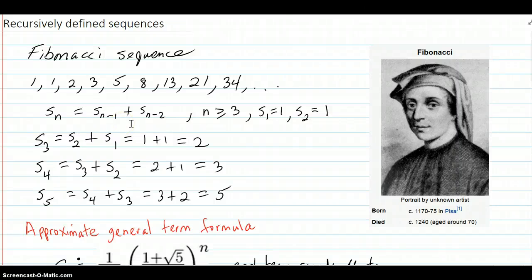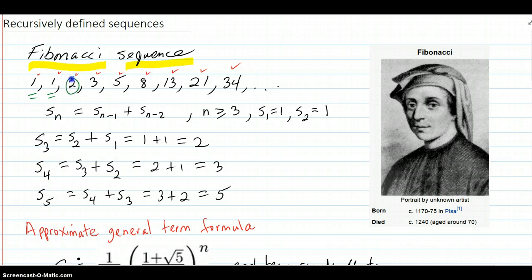Let's study recursively defined sequences. One of the most famous ones is the Fibonacci sequence, and it's this sequence here: 1, 1, 2, 3, 5, 8, 13, 21, 34, and so on. And what that is, is that after you start from the first two terms, 1 and 1, then from then on,